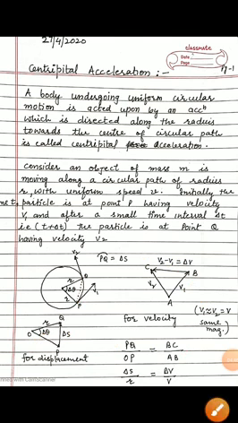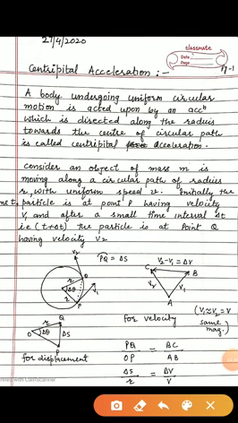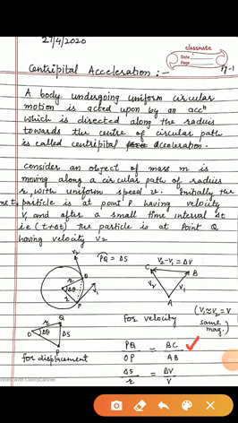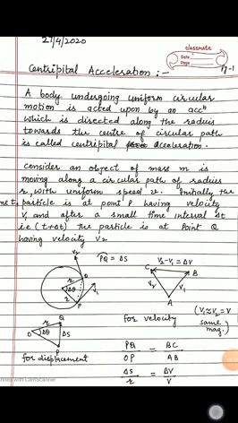One more thing, students: in uniform circular motion, the magnitude of velocity, that is speed, is kept constant, and the direction is changing. So we can write that V1 is almost equal to V2, and that is almost equal to V. You will write it as V. Putting these values here, you will have PQ as delta S, OP as R, BC as delta V and AB as V. By putting these in the equation, we will solve further like this.